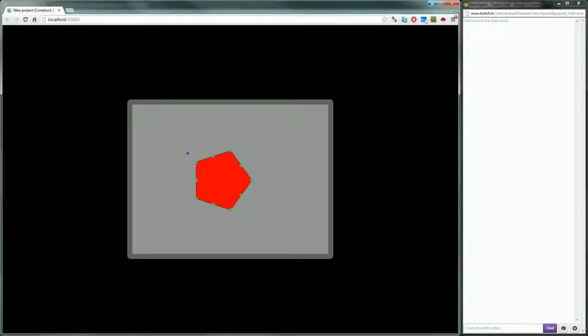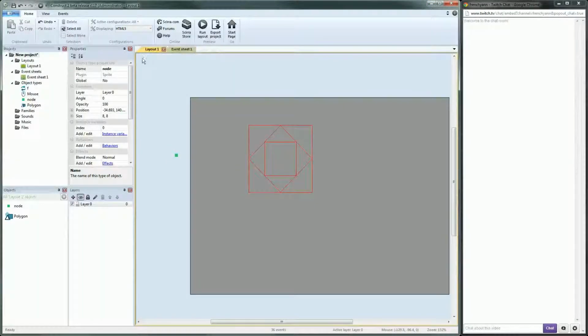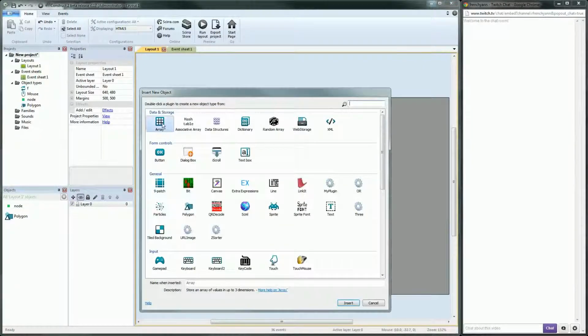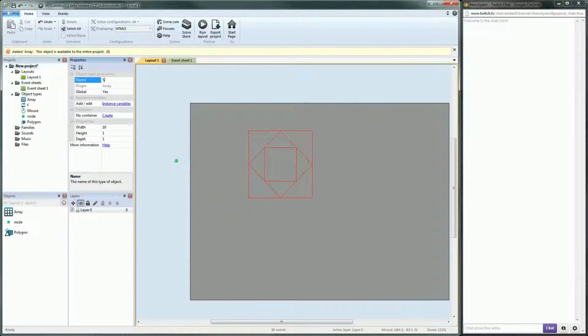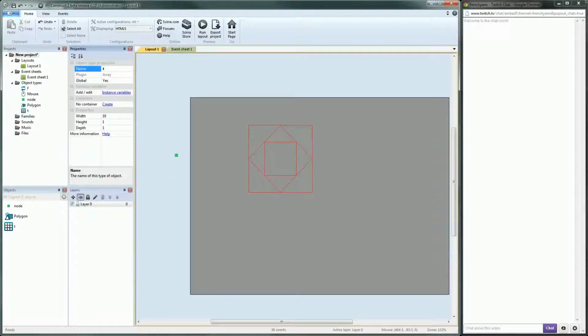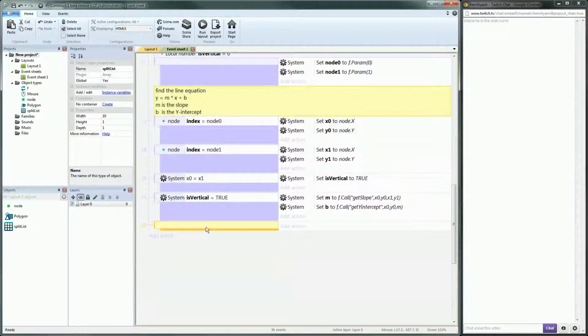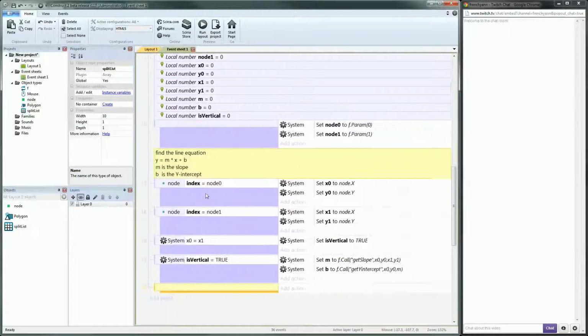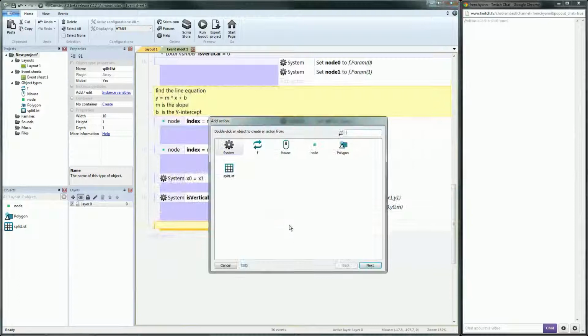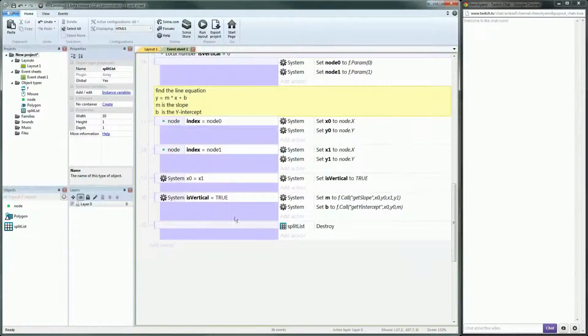I will use two different arrays, but I don't mean I will use two different array objects. I will just use two instances of the split list array. During my algorithm, I will first destroy any instances I already have. I won't make them global. Don't know if it will hinder my algorithm, but I don't need them to be global. It's a temporary